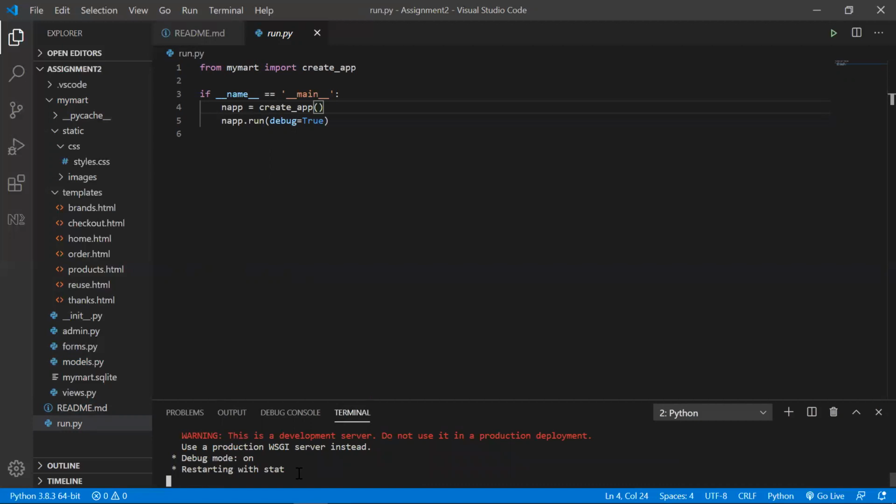It will start with a live web server. Whenever there are any changes in your code, you need not save every time. As it is a web server, it will always reload when you have made any changes in the browser. So when I open this, this is my website.